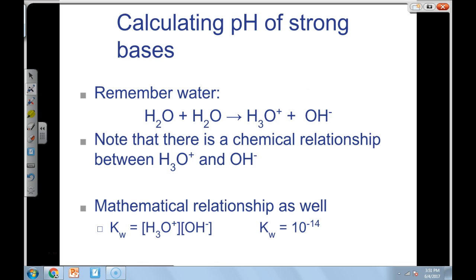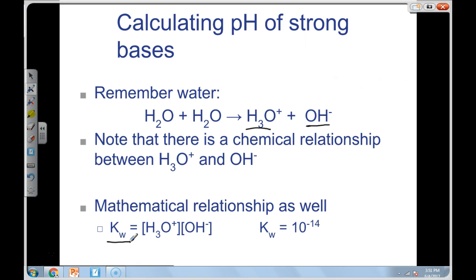Hey everybody, let's spend a little bit of time talking about how to calculate the pH of some strong bases. And before we do that, we need to remember that water auto-ionizes. That's a common theme here with acids and bases, where we talk about water and how it forms hydronium ion and hydroxide ion. And that gives us a chemical relationship between the hydronium ion and the hydroxide ion, and that